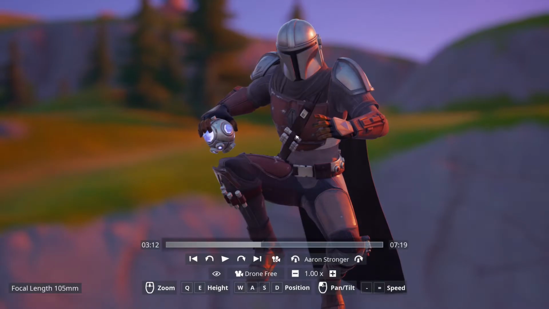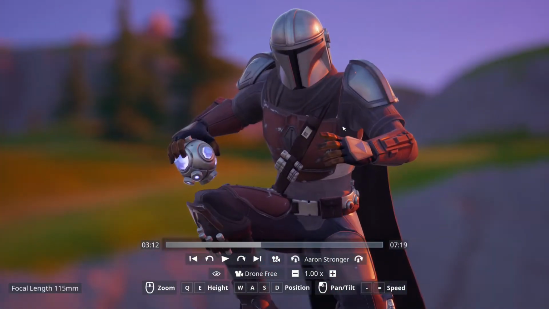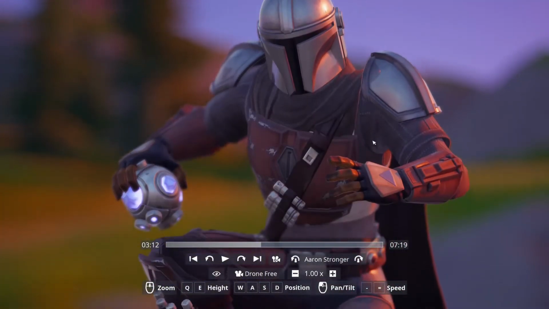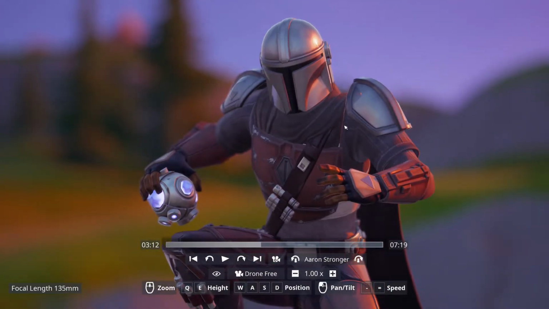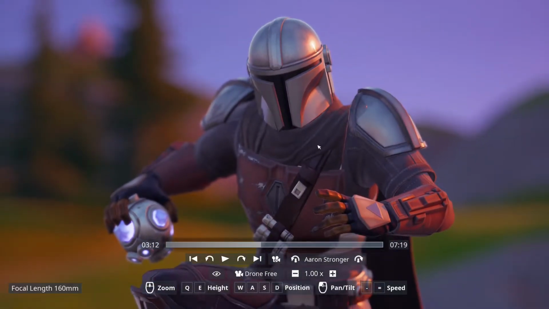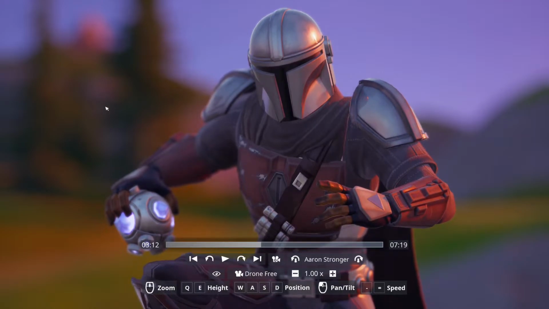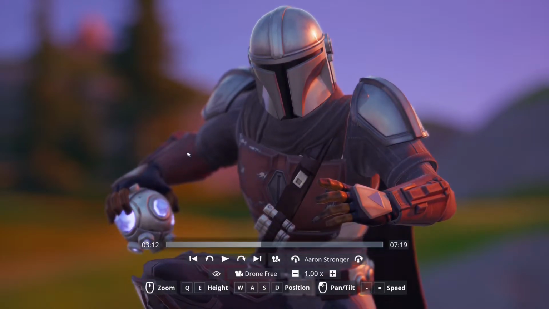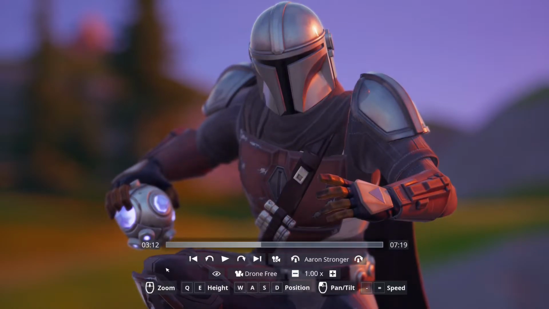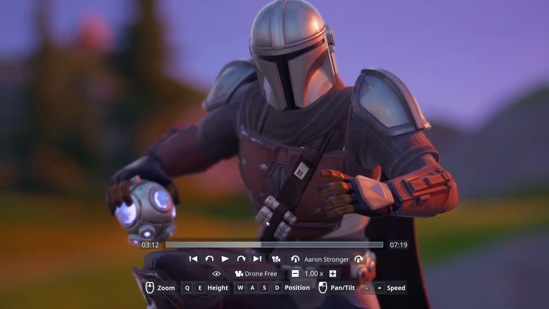Now I want to find my angle. So what angle looks the best? I also notice it looks better when you try to capture the upper half of the character, three quarters to the upper half. Maybe right here. Yeah, maybe this looks pretty good. And as you can tell, the background is foggy over here. It's kind of blurry right here. His face has really nice definition. His hand, his knee you can see well, but just over here it's kind of blurry. His shockwave's kind of blurry. So the way that you fix that